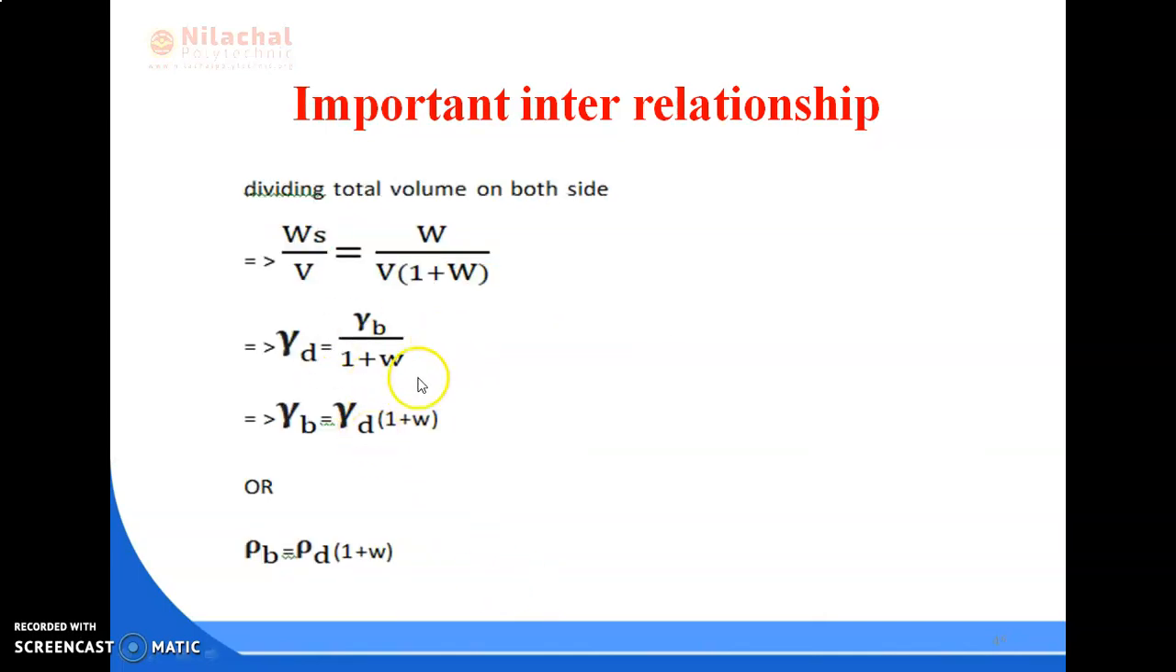Again after that we divide total volume V on both sides. So Ws by V equals W by V into 1 plus w. This is the next term. Again we know Ws by V equals gamma d, the dry unit weight, equal to W by V. This term W by V is the bulk unit weight gamma b, or we can also write gamma only, no issue,